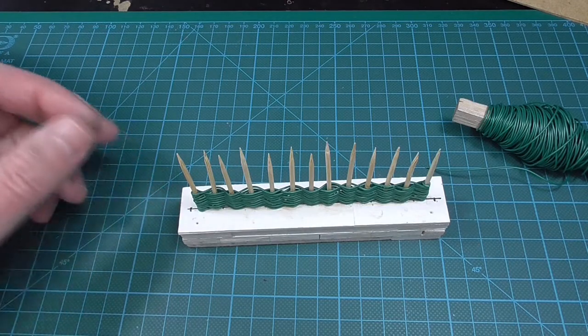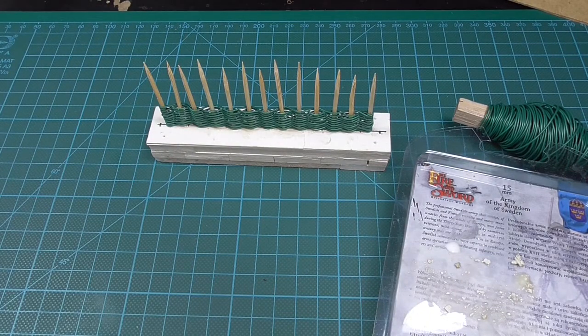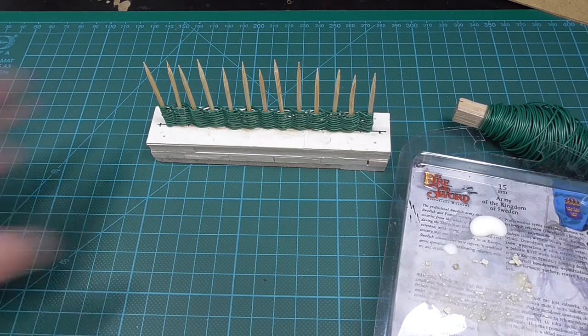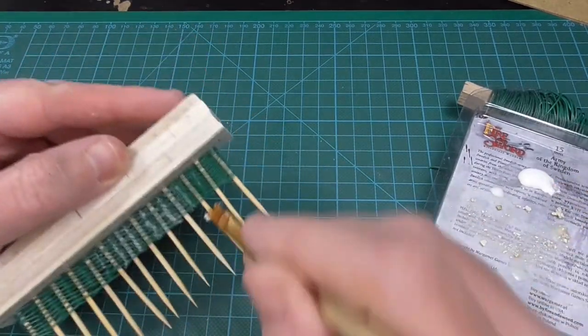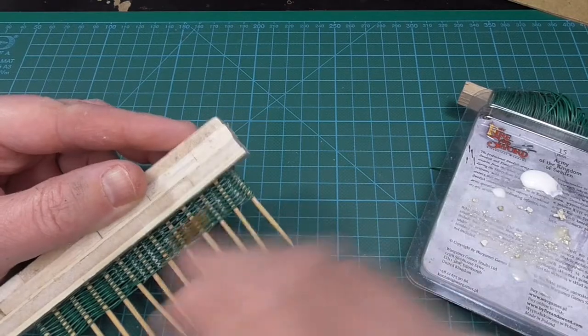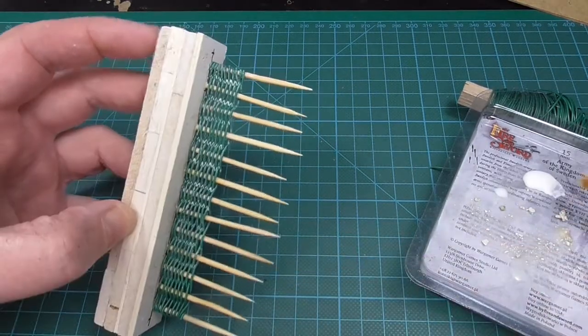So what we will do now is we take our ordinary wood glue and a brush, and we will just smear a layer of white glue over the florist wire. The white glue will do 2 things basically. We will lock down the florist wire in its position so it won't move around,